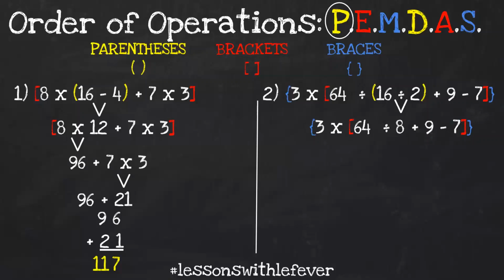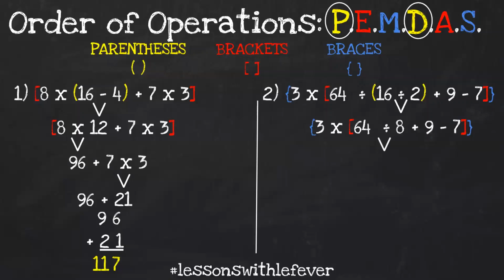But here in the brackets, I see 64 divided by 8 plus 9 minus 7. Do I divide first? Do I add first? Or do I subtract first? Well, let's look in the order of operation. There are no exponents. I'm not multiplying inside of those brackets. The next one tells me to divide. The key is to keep the order. Everything has an order, okay? So we do